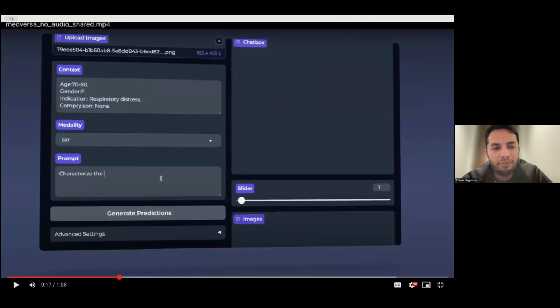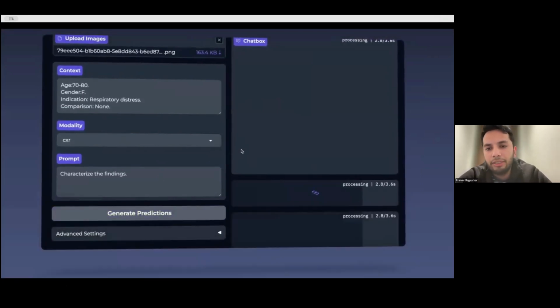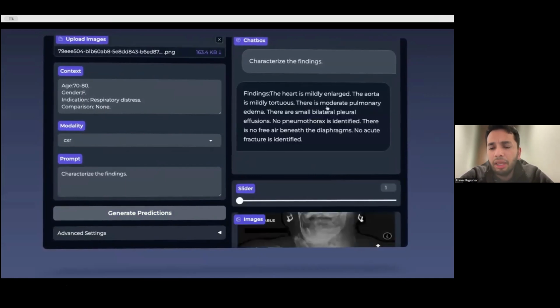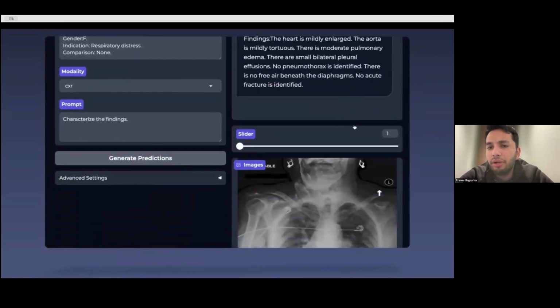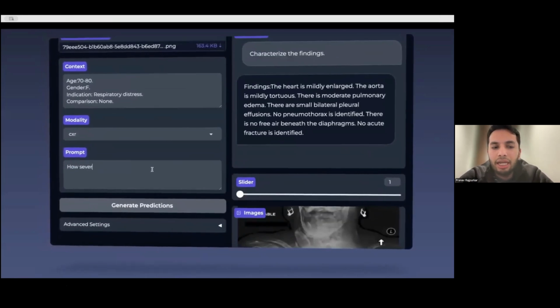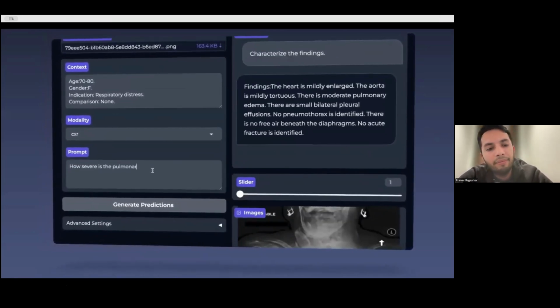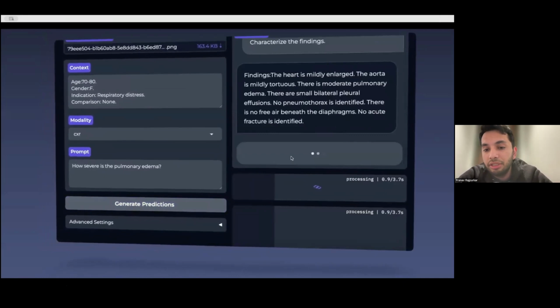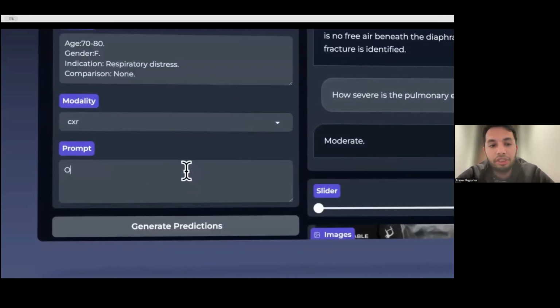In this case, we have context of a 70 to 80-year-old female who has respiratory distress. We say characterize the findings. Of the things the model outputs, there's moderate pulmonary edema. We could have also directly just asked it, how severe is the pulmonary edema? And if the model is good and consistent, it should say moderate, which it does.